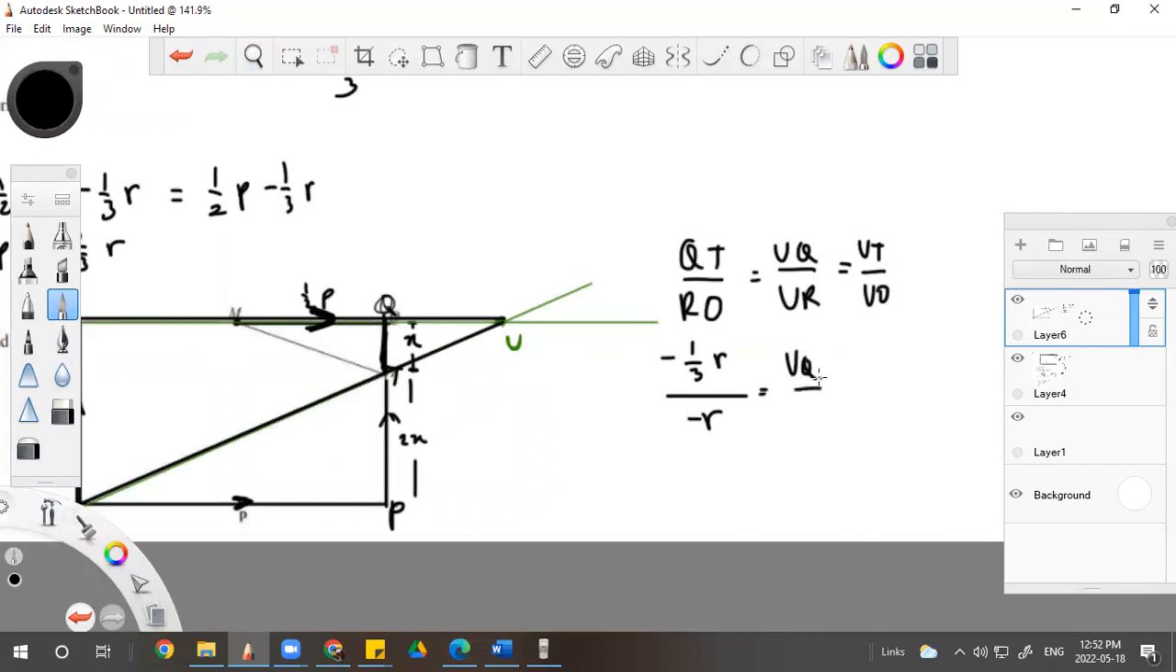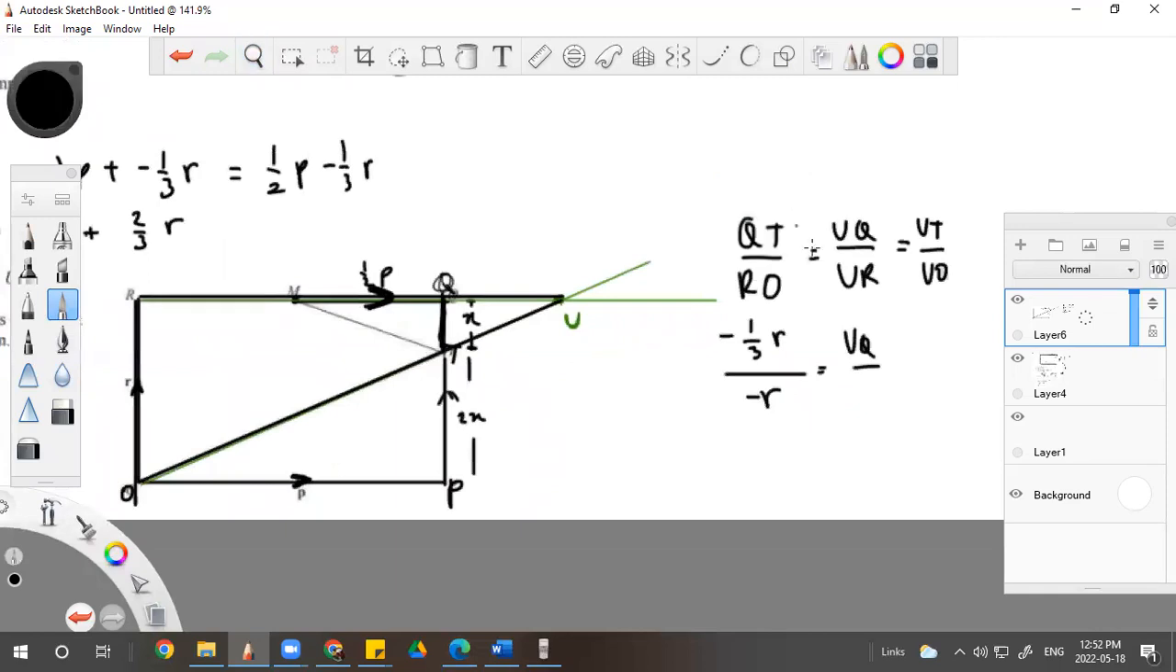UQ over UR. What is UR? UR is nggak tahu juga. Tapi kita tahu. UR is UQ plus QR. Benar nggak? Udah, QR kan udah ada. QR tuh negatif P, guys. So, cross-cross gitu ya. And cross-cross 1/3 equals UQ over UQ minus UR berapa? UR itu UQ plus QR. QR itu